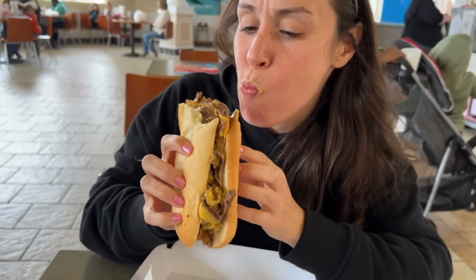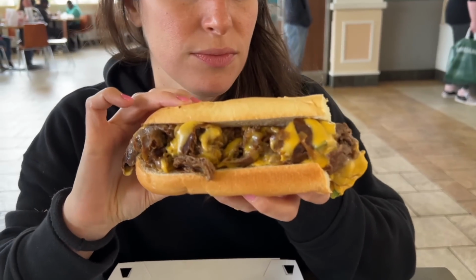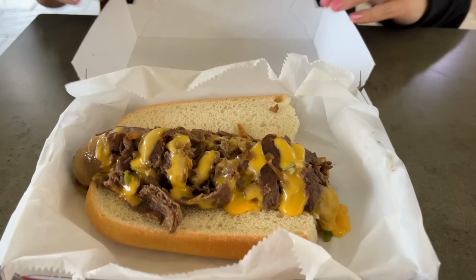I'm gonna give high ranking on the bun. Delicious, subpar meat. I thought the toppings were fine. Had no problems with it. The old school, definitely gonna be at my number one. The provolone version, not enough meat. Definitely go for the old school if they have it, because it's only like $1 more for double the